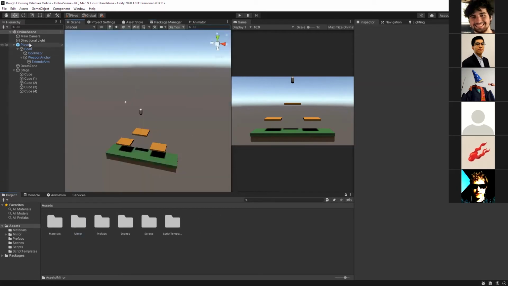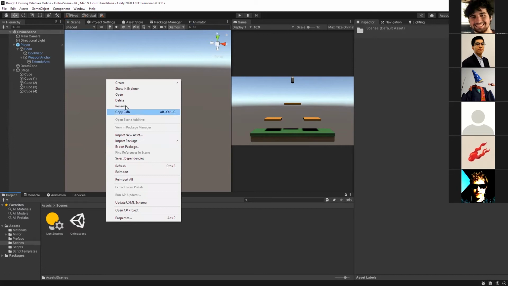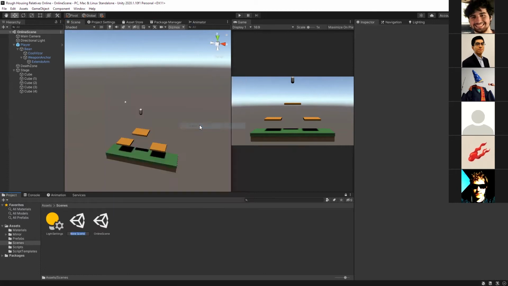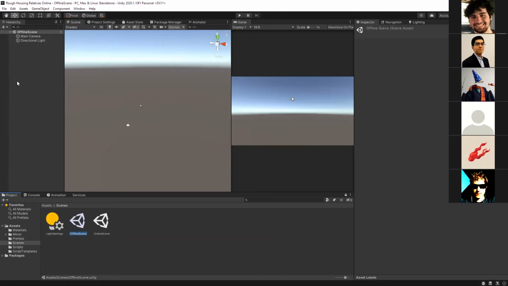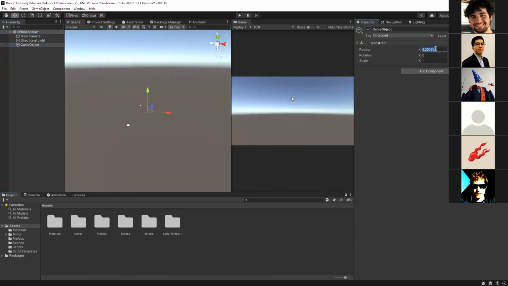So let's just create a new scene. Well, actually, what do we want to do first? Yeah, let's just make a new scene. We're going to call this the offline scene. All this default stuff is fine. Then we're going to make a new empty game object. Put it at 0 if you feel like it.